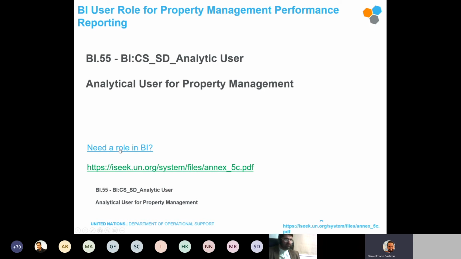And it's important because in BI, you are not going to create any transaction. So honestly, I would prefer not to break it down into different categories of roles, but to give full access to everyone, because at the end of the day, it's just for analysis purposes rather than creating or modifying existing documentation or document numbers. So it's a view-only, read-only tool, but with a lot of capabilities for analysis. So there is no need to prevent anyone from having a BI role in property